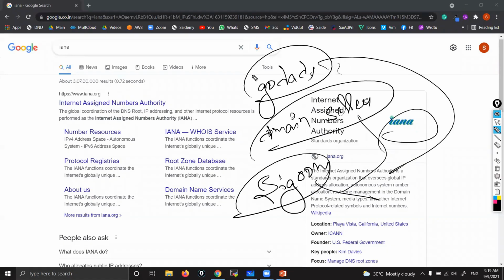So if you want to buy any domain name, you can buy from any of these domain registers. AWS is also one of the registers. You can buy from any of these registers. Backend, they will tie up with this main organization. Okay, these we call domain registers. You can buy from anyone.